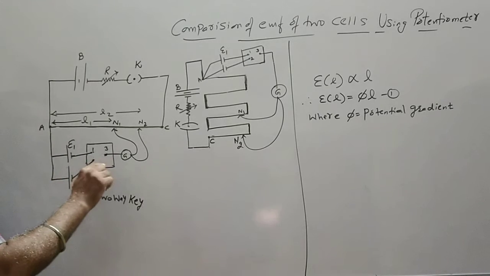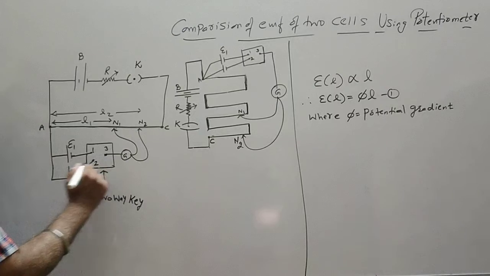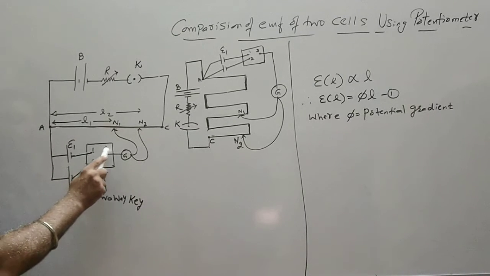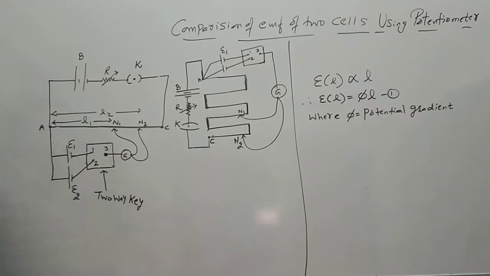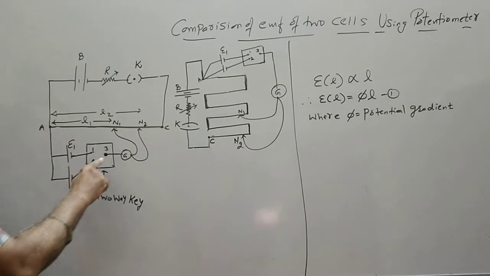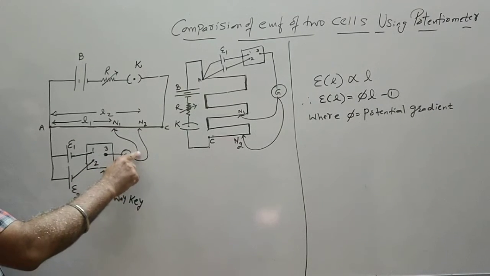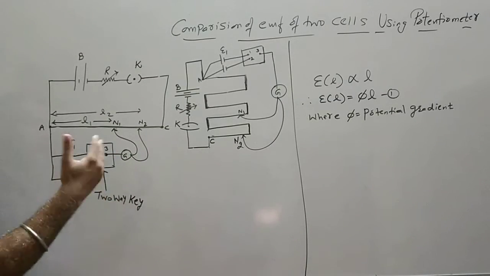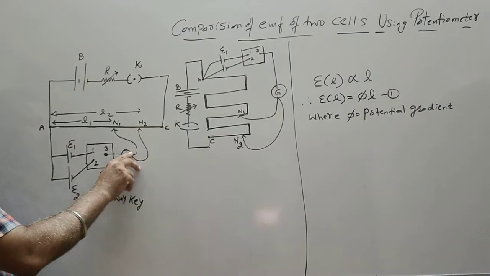Suppose this one end, which is labeled as 3, so this is a two-way key, so the number 3 point, or this is a metallic screw-like connection. It is connected to one end of the galvanometer. Another end of the galvanometer will have only two ends. One will be the positive terminal, one will be the negative. So from this one end, we have two jockeys.